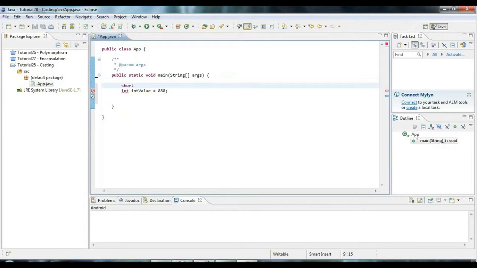less memory. I think int is 32 bits, and short is 16 bits, or 2 bytes. I think that's right. So let's say short value equals 55 or something. And there's also a byte type, and byte can only store up to